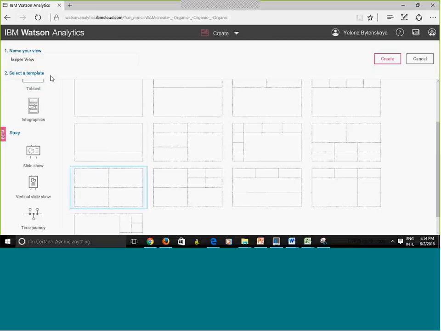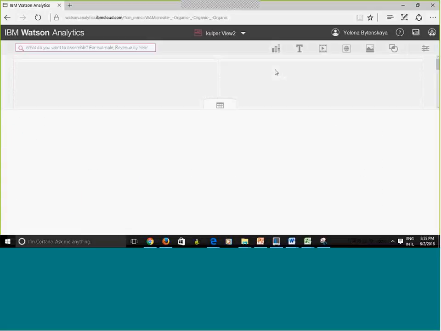And also I have to name it. By default, it just puts the dataset name and a suffix view, but I think I may already have a view with the same name. You cannot have two views with the same name, so I'm just going to rename it, and I'm going to hit create.